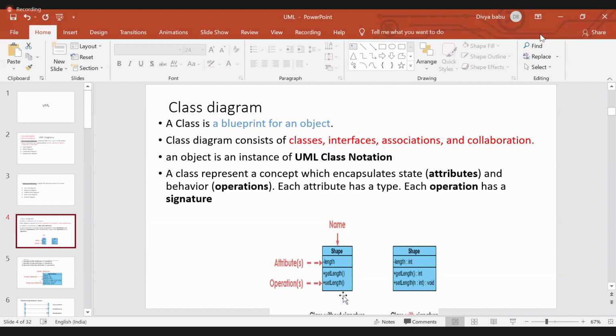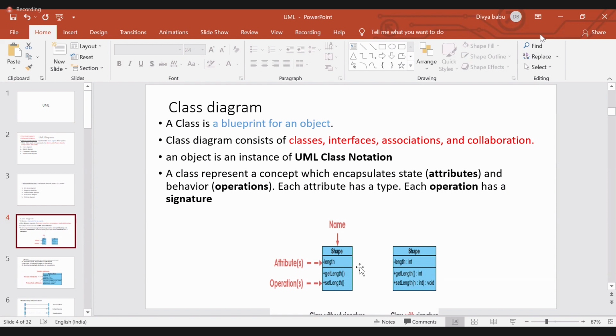A class contains attributes and operations. In object-oriented programming in Java, C, C++, you learned this concept. What is an attribute? What do you mean by operation?